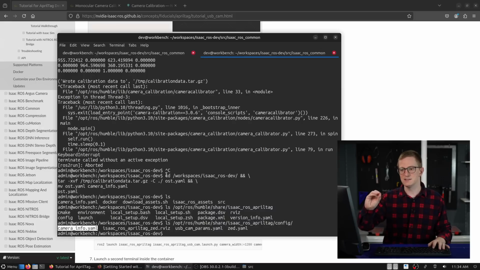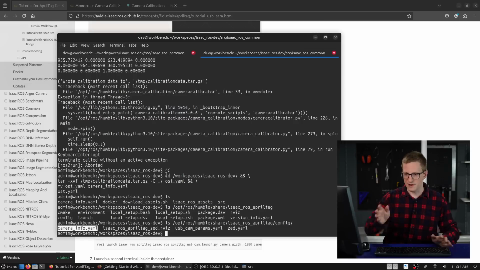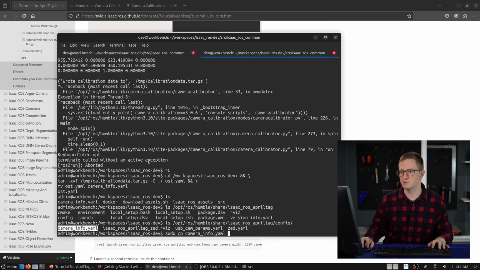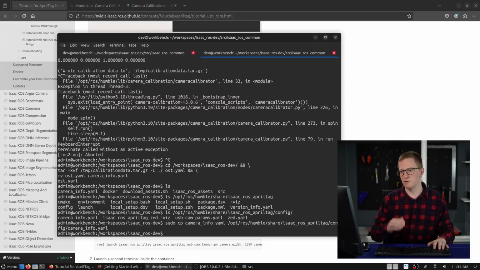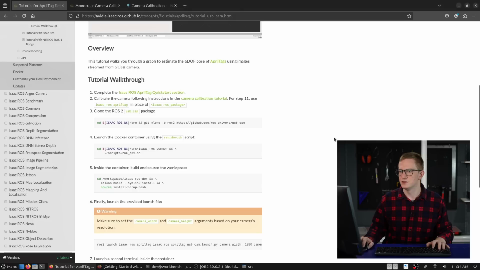Now, because that is installed to the system inside the container, if we want to have that persist between runs, we'll have to run a command to do this copy inside our Dockerfile. But for now, I'm just going to do it temporarily. So we'll go sudo cp camera info.yaml. So that's the one inside our workspace. And I want to copy that over the top of the one that came with the AprilTag package. So now we should be able to,